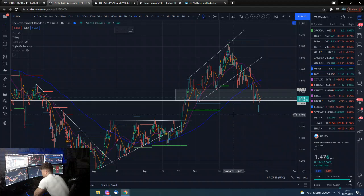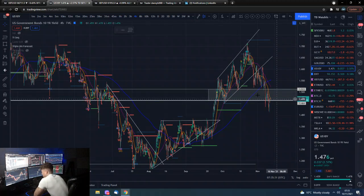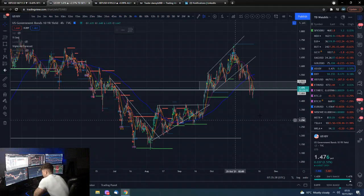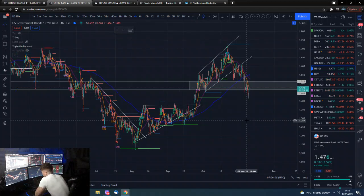But yeah, the 10-year still holding down here, still holding below this old support, new resistance. Is not necessarily the best thing if this comes down, but I believe at the moment it's coming down on some certain market participants potentially thinking that inflation is going to ease with people coming back to the job market, but then obviously other market participants are just expecting inflation to keep going, obviously with the Fed being practically impotent. I'm pretty much of the camp that we are not going to see as crazy inflation as what the market's necessarily thinking at the moment, because like I said, there is that whole supply chain factor of people coming back to work that can alleviate a lot of the inflation concerns, but